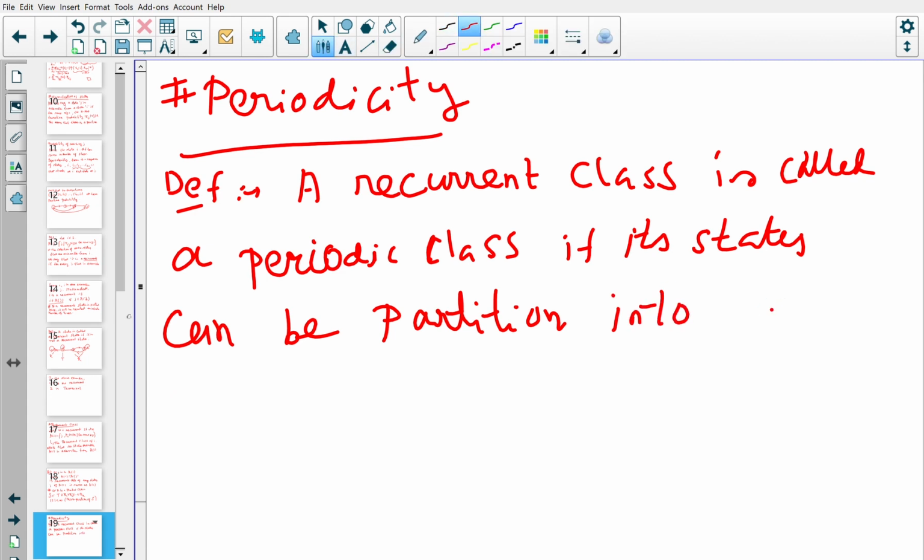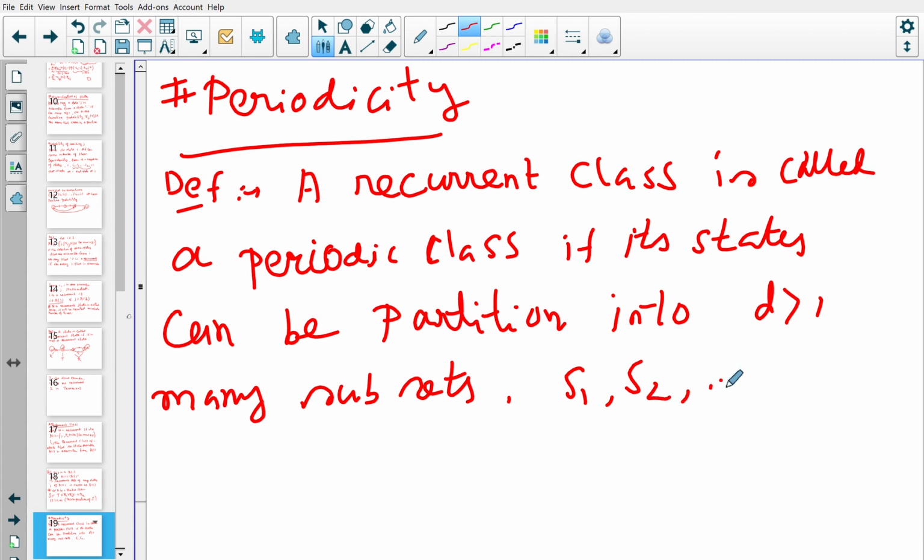We can write these as S1, S2, up to SD, with some property such that